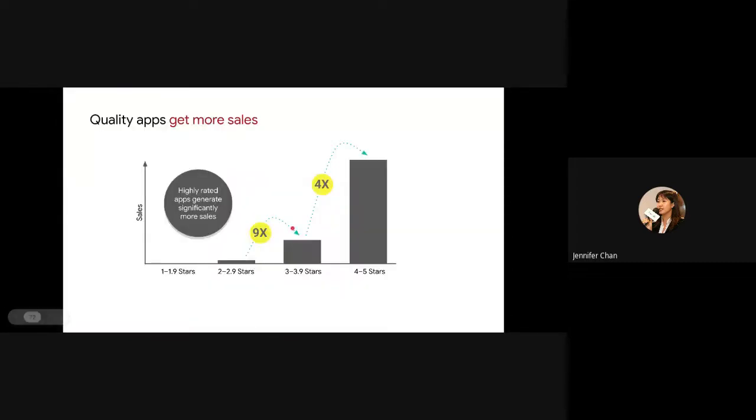Today what I'm going to talk about is mainly in-store conversion. I understand that you spend money on marketing, you buy ads, right? And a lot of times you would like to drive users into the store. Today I'm going to talk about how to set up a better page, and what the important factors are when users come to the Google Play Store that will motivate them to install.